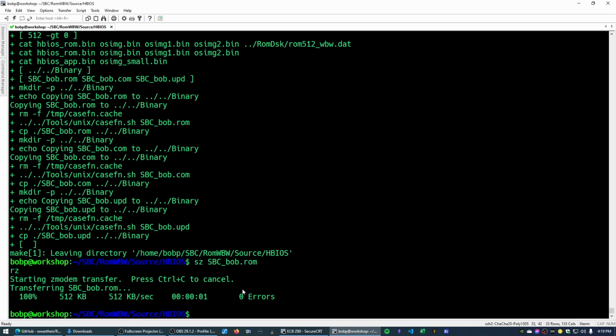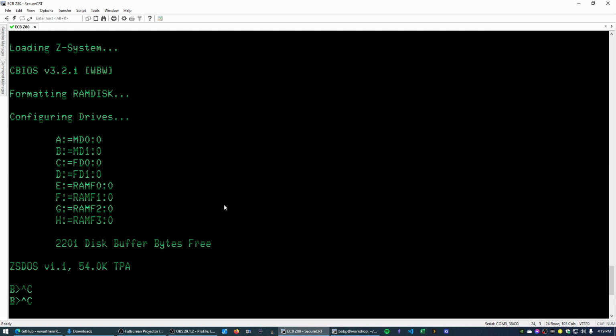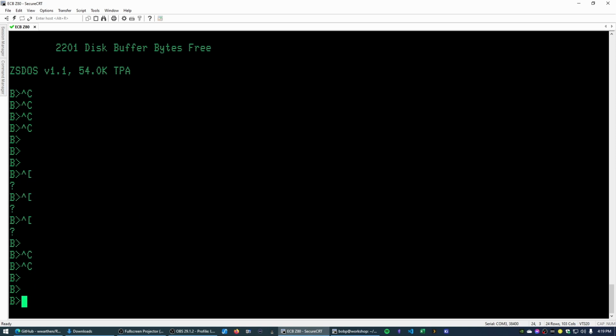Right, we've got the new ROM on my local PC here. Oh, look at that, it got there in the end. Okay, I don't know why that took so long. Maybe, I don't know. Anyway,